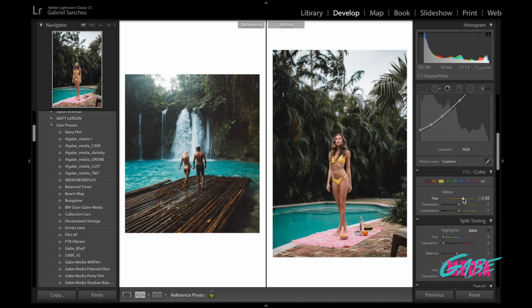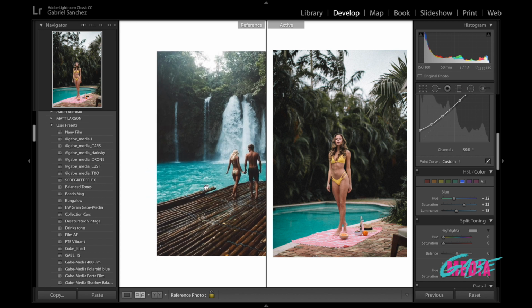So that's what I did for this particular image, and this preset is based on this particular image alone, and that's how I got it to look like so. Also important here are the blues. Now I saw here on their